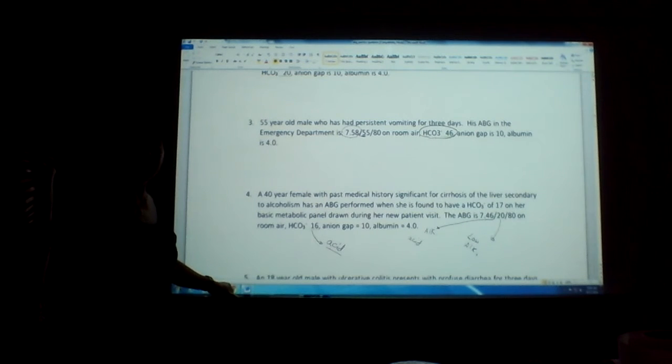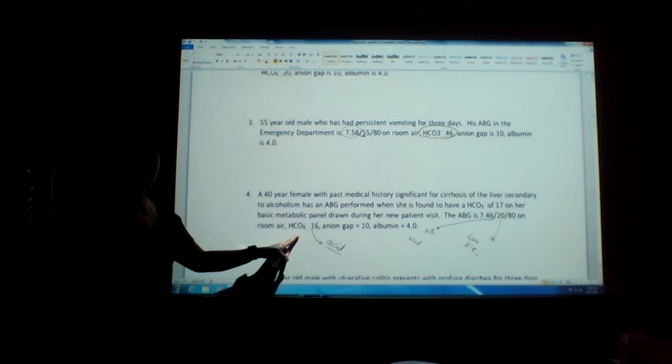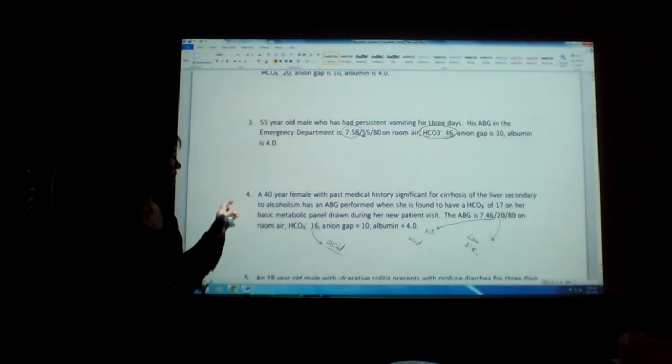Compensating. Yeah. But how can it be respiratory? Look at that. It didn't say any respiratory. I'm reading this. I'm gonna write metabolic. I can't say metabolic alkalosis because the bicarb is low. We just read it. It's respiratory alkalosis compensating. But this confuses me. When she first came in, her bicarb was 17. And then it dropped to 16.